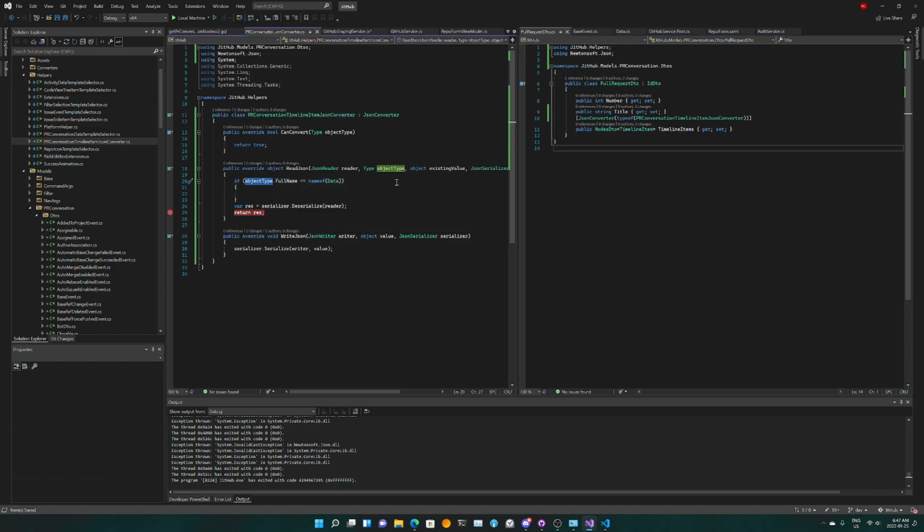So the object type is the object we have. So I think everything, like the actual data, is in reader, right? And object type, the full name equals the data.